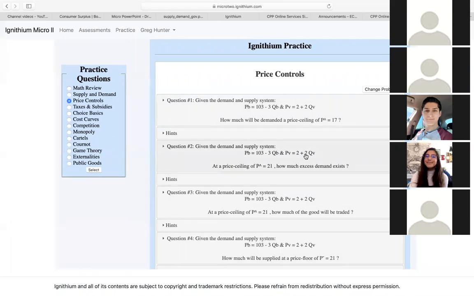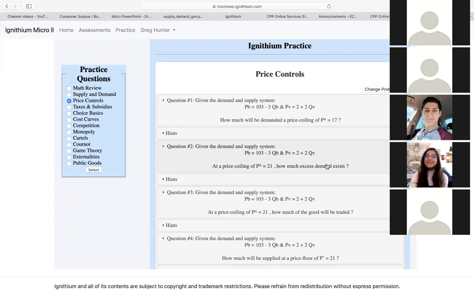I did the equation first. Okay. So what about you, Priscilla? How are you doing? So I kind of did the same thing as the first one. I plugged in 21 to the demand equation and got